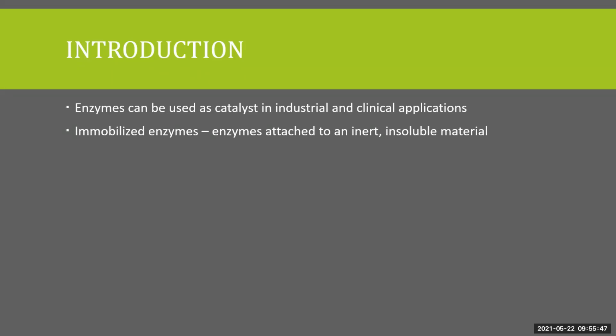An immobilized enzyme is defined as an enzyme that is attached to an inert insoluble material. Okay, so an enzyme that is attached to a material that, first of all, is not soluble in the matrix of the sample. It should not dissolve in plasma or urine. It has to be inert. The meaning of inert is that it should not have a reaction with the enzyme. So an immobilized enzyme is attached to a material that is not giving any reactions, plus it is not soluble in the matrix of the sample that is supposed to be used.